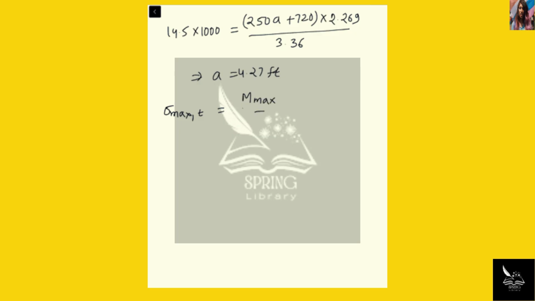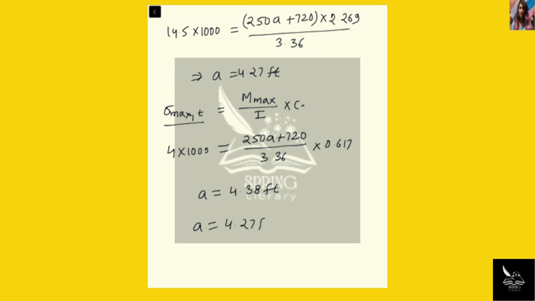Okay, so now the maximum tensile stress equation, sigma max tensile, will be equal to Mmax divided by I multiplied by C2. So substituting the values, sigma max tensile is 4 ksi, so 4 multiplied by 1000 psi equals Mmax, which is 250A plus 720, divided by 3.36 multiplied by 0.617. Okay, so from here after solving we get A equals 4.38 feet. So for the maximum compressive and tensile limit, the position of the load from point A